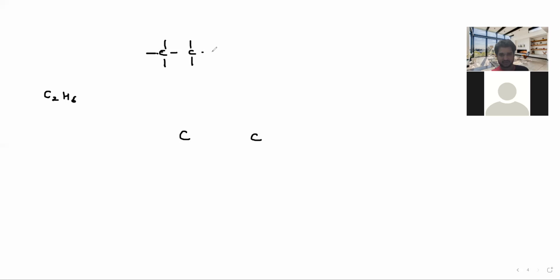When you make a structure like this, C2H6, it is known as ethane. Now, if I draw the carbon orbitals,